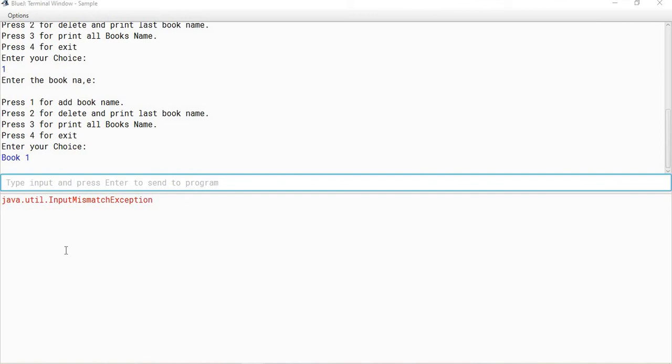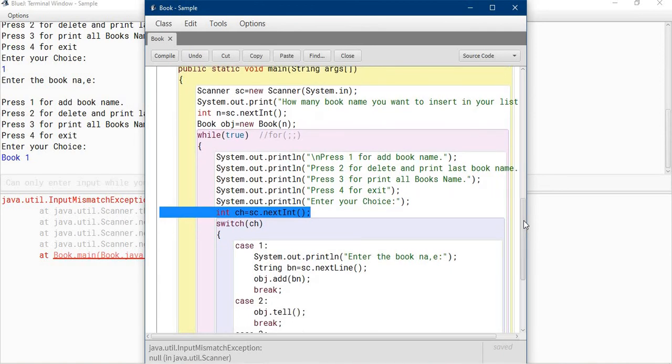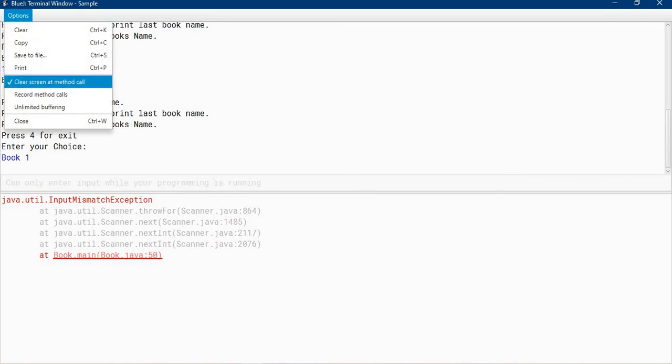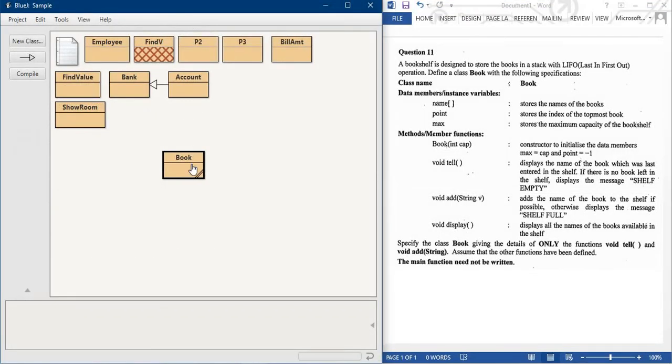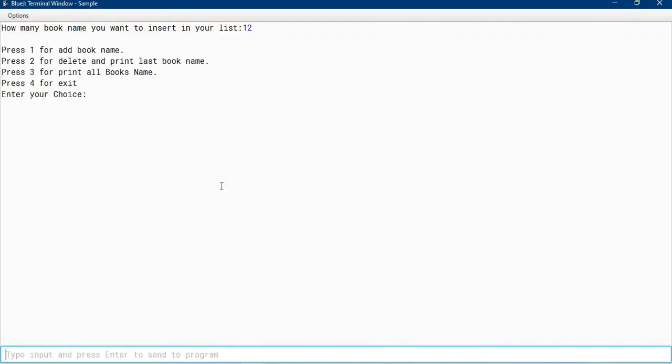Okay, enter. So there's some error, sorry for this one. I think my choice, I'm writing the choice name as book 1. Sorry for that. So I'm executing it again. So again I'm taking 15. So my choice is 1.